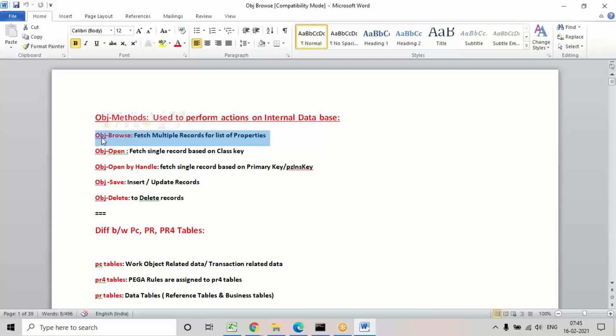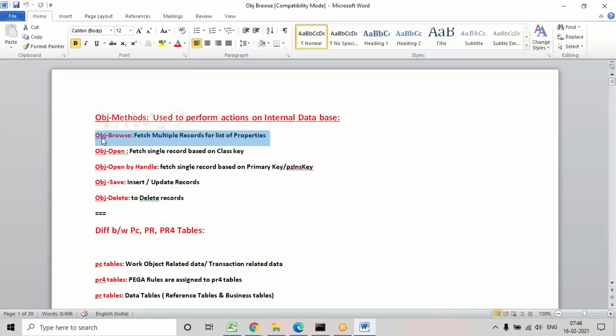Maybe practically I will continue in the next session. Even if I start now, this cannot be completed. I'll continue this example because I need to explain some parameters in this method. Also, the debugging process is slightly different when you use the obj browse method. In the clipboard, a debugging page will be created, a user page, and under that some configuration is different for this method. Time will not be sufficient to explain it completely, so I'll continue in the next session.